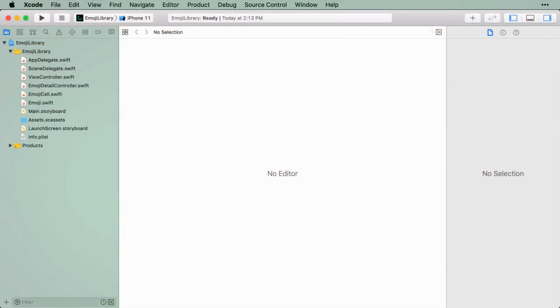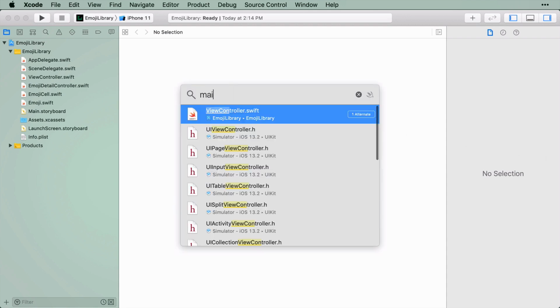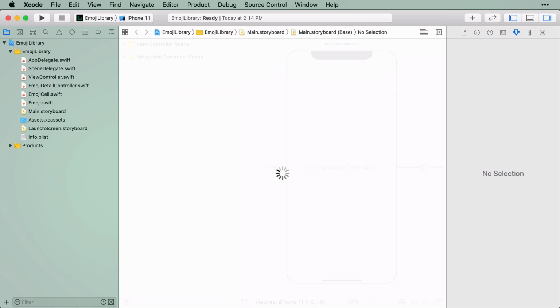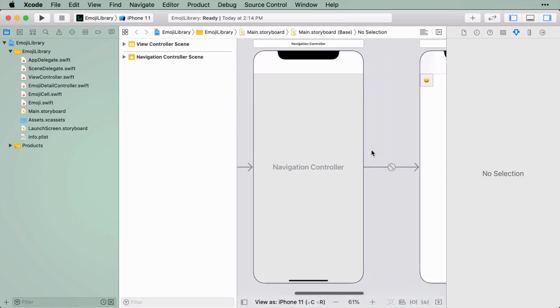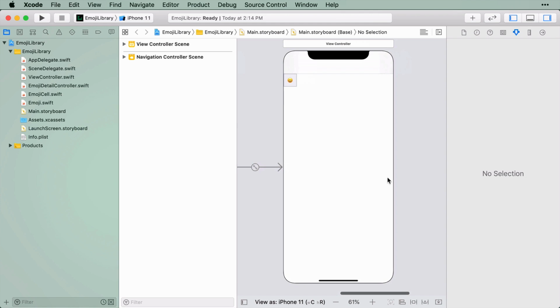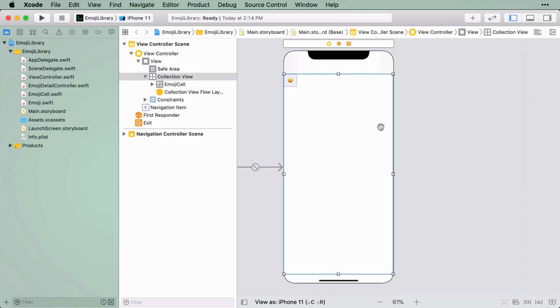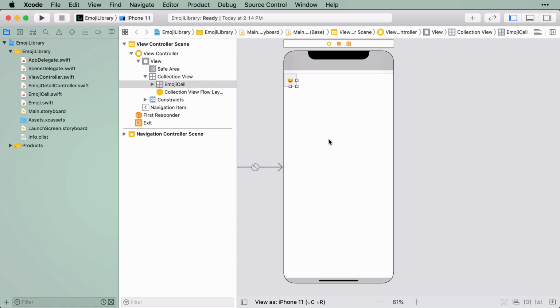In the previous part, you built up a new app and implemented collection view functionality completely from scratch. Since you already know how to get up and running, I've provided a starter project called Emoji Library this time around. If you open up the project and start in Main.storyboard, you should see a view controller embedded in a navigation controller. Inside the view controller, I've added a collection view and sized it to fit the scene just like last time. Inside this collection view, there is a prototype cell with a background color and a label that has